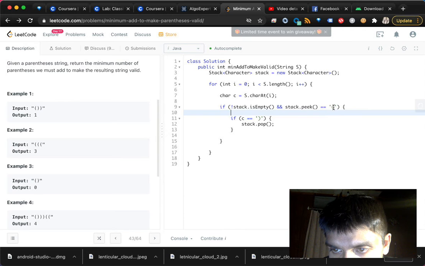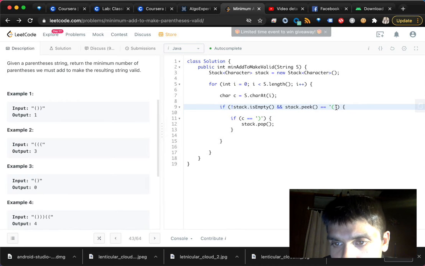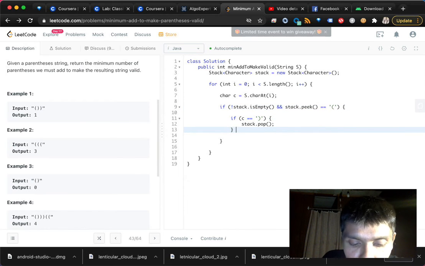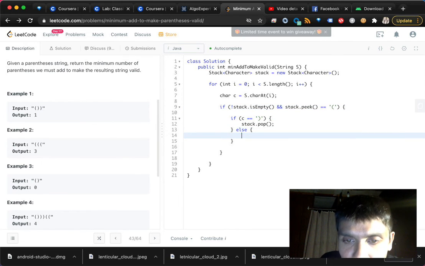Let's see, is that right? If the top of the stack is an open parentheses, and the next parenthesis, specified by c, the character at index i of the string, is the closed parentheses, then we don't want to consider these two as part of the validation anymore, because it's already valid at that point, right? Else, if that's not the case,